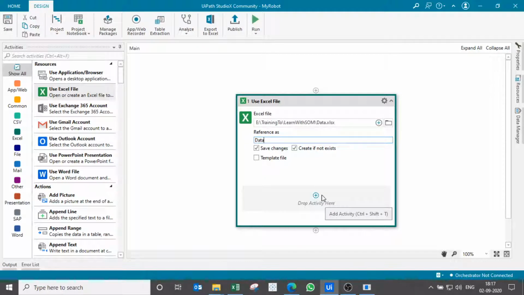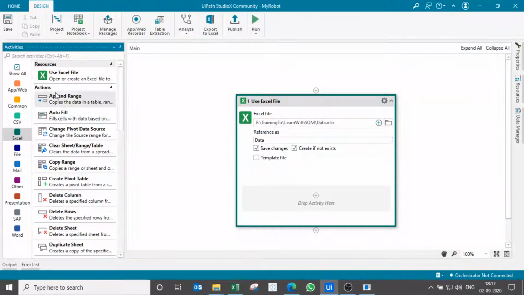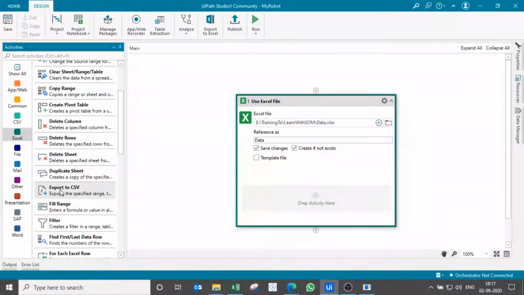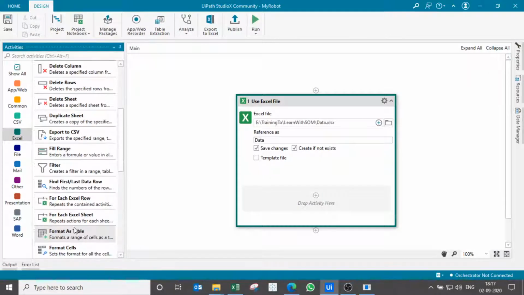Now we will add a for each Excel row. So from the Excel card we will add a for each Excel row.